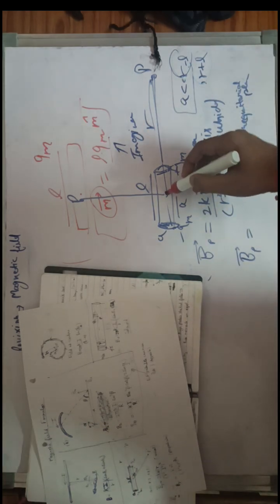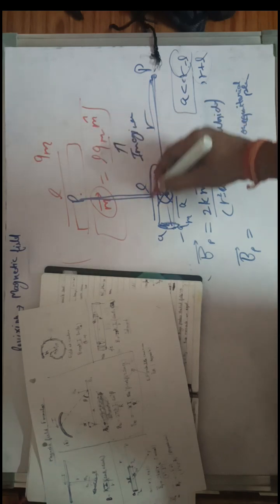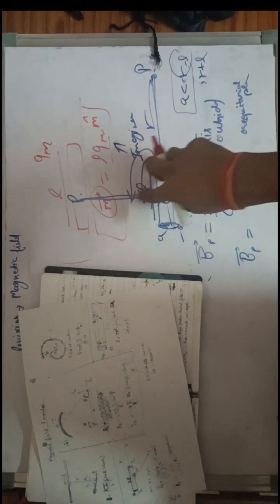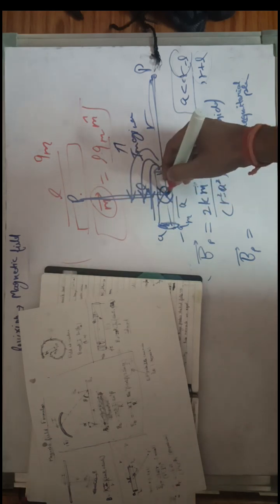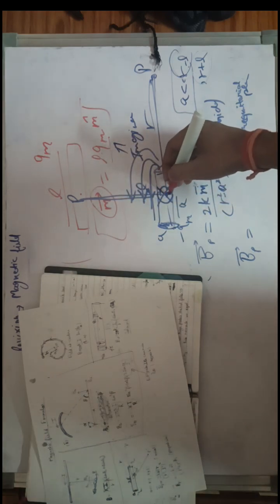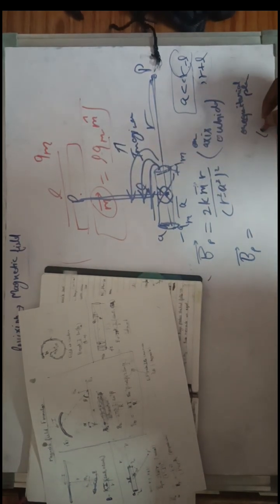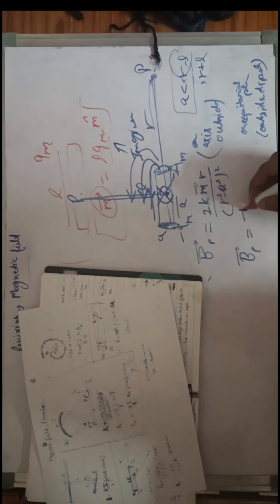This won't tell the magnetic field here, this won't tell the magnetic field here, but outside, like this position, this position, and this. So this will tell the magnetic field in these regions, but not in this region. This region inside this dipole also lies in the equatorial plane, but we have to be careful that this is outside dipole. We have to take the point P outside dipole or the bar magnet,